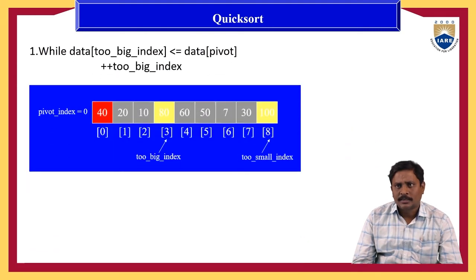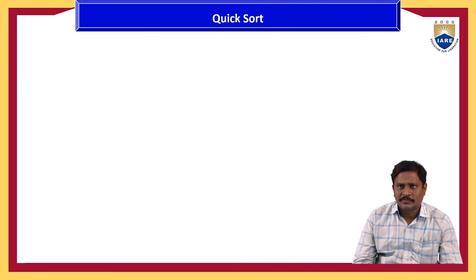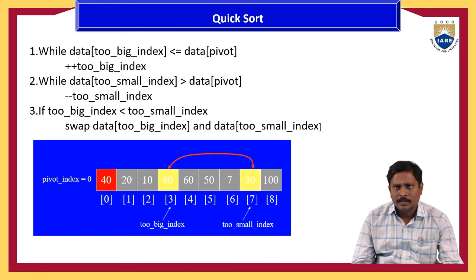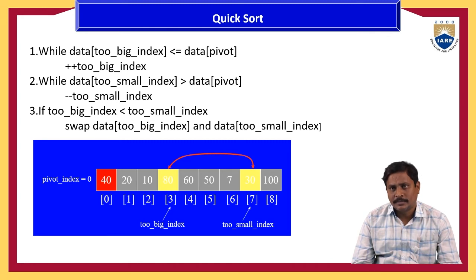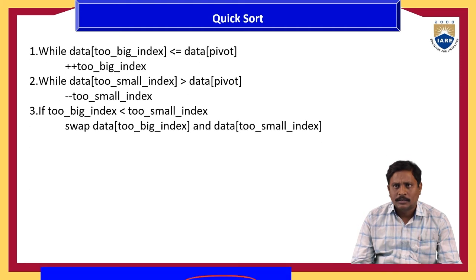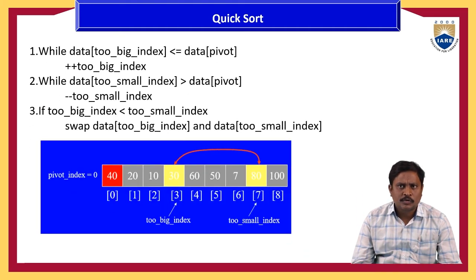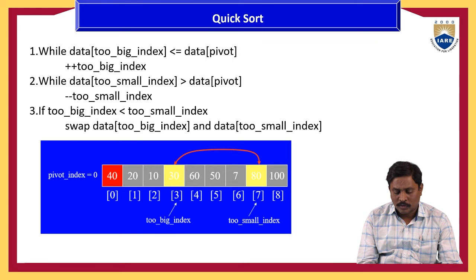Next 60. 60 is less than 100. Next 50. 50 is also less than 100. Now 80 less than 100. Next, compare 80 with the next element. The next element is 30. 80 and 30: 80 less than 30? No. Now interchange these two elements. So now we write 30 and 80. These two values are interchanged, here 30, here 80.